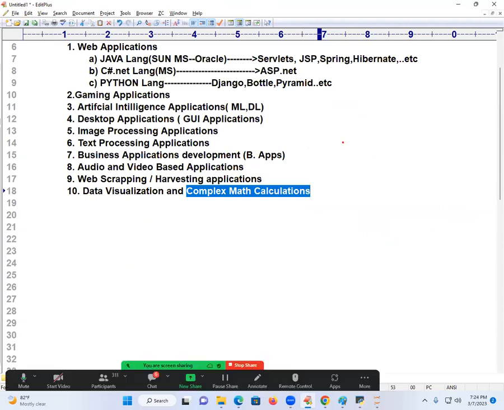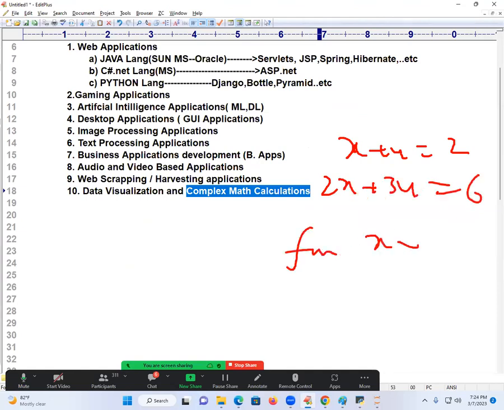I'll go to one more thing, students. It's so interesting. x plus y is equal to 2. 2x plus 3y is equal to 6. Find x and y. These are also called what? Linear algebra. Simultaneous linear equations. In our 6th class, 7th class, 8th class. You are not remembering. I'm not asking a question, I know you don't remember that. But how to do it programmatically? What is the use of that first of all?